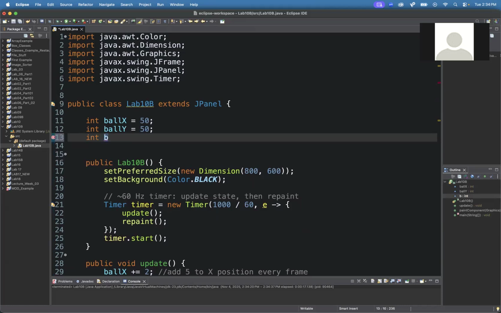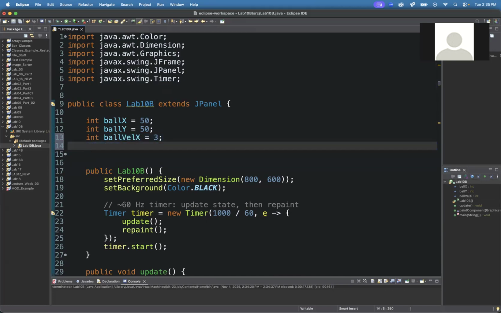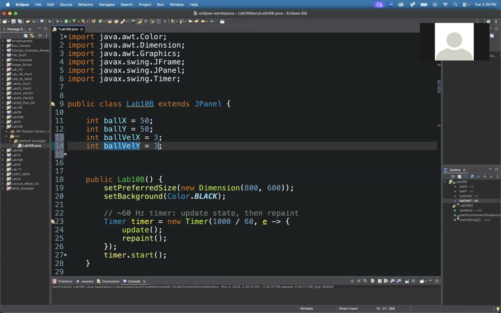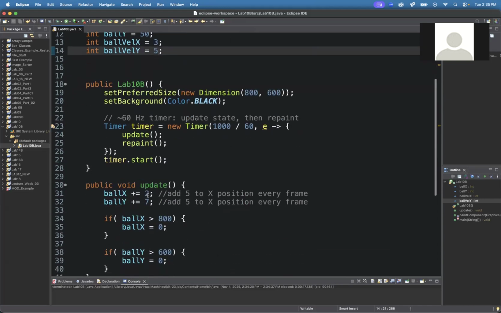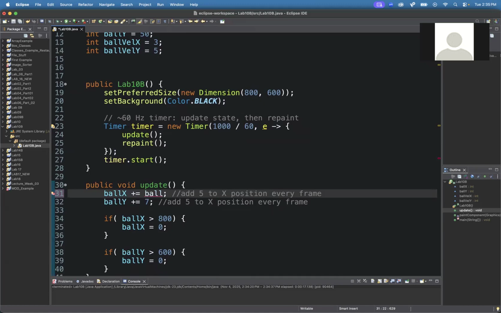So I could say ball X. Well, let's just call it ball speed. No, let's call it ball velocity X. And let's just make that like 3. And then let's do ball velocity Y. And I don't know, make that 5. Just different numbers here. So if I have variables for those, then I can now use ball velocity X,